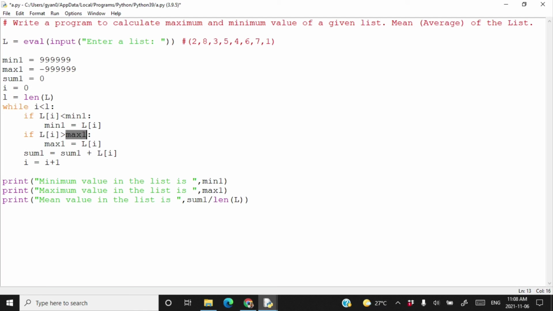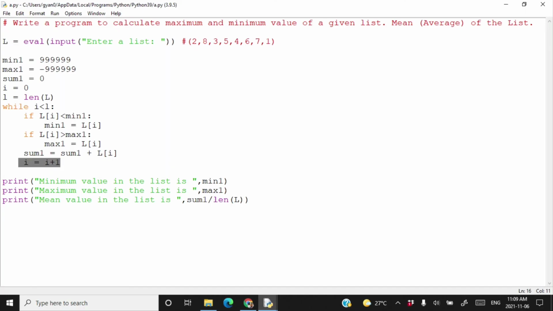Yes. So you are going to update the max1 by 8. And of course you are going to add 8 to sum1. The current value of sum1 is 2 and 8 got added there to make it 10. So sum1 becomes 10 now and the value of i in the next iteration is now 2. So this is what is happening here.